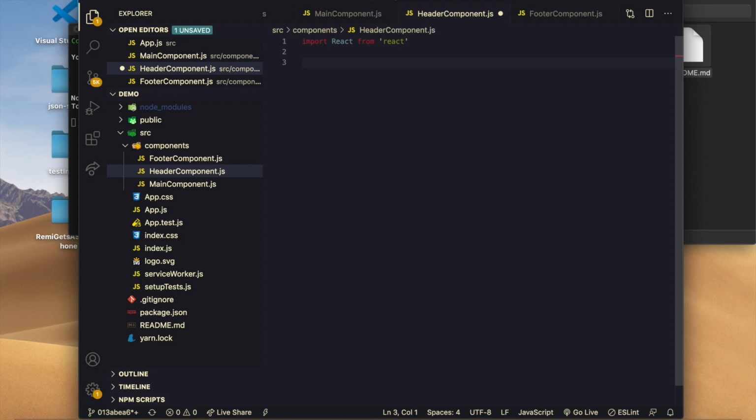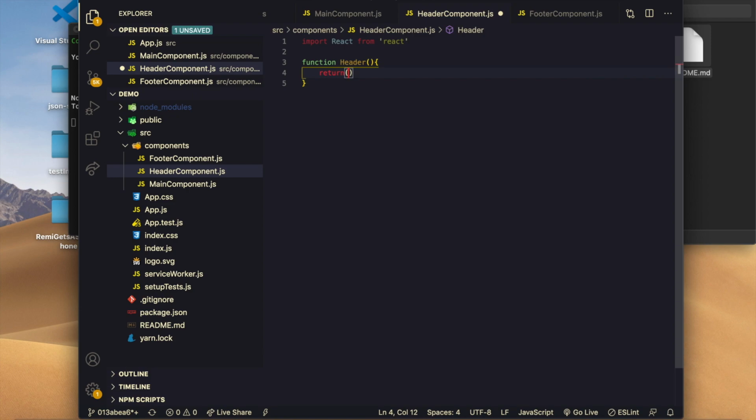As you learn more React, you'll also have to know about class-based components. The reason being sometimes you'll want to include certain properties within your component that you can't with a functional component unless you use certain add-ons, but that's getting ahead of ourselves. So we're going to go ahead and declare this header component. So function header,